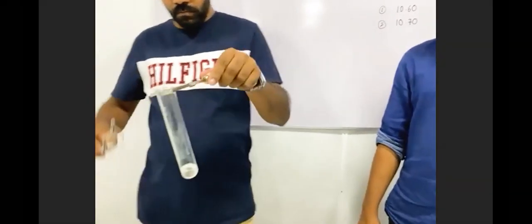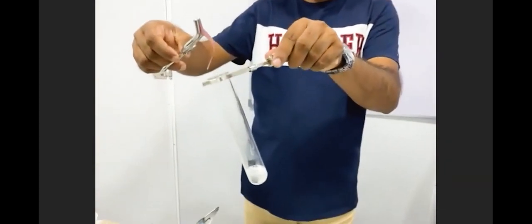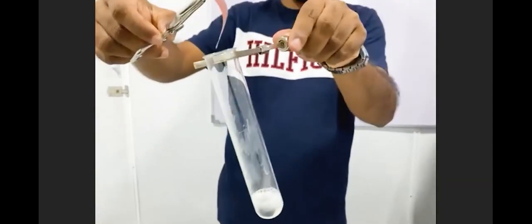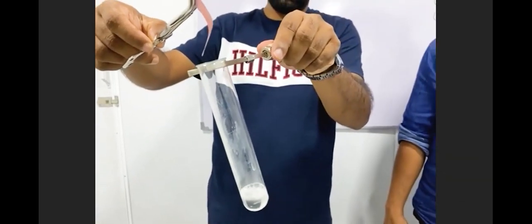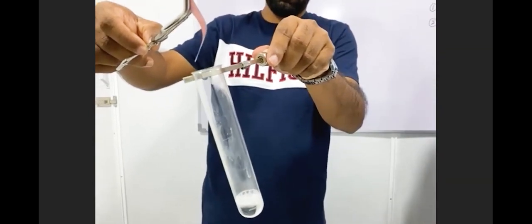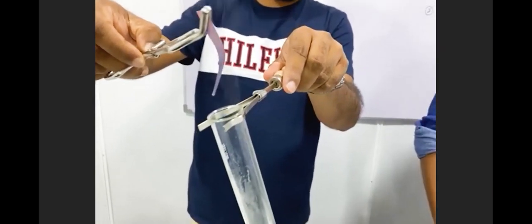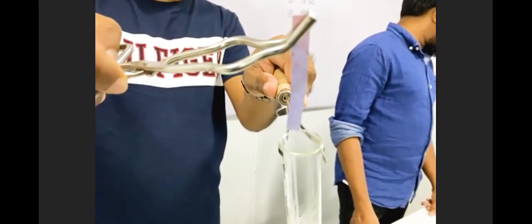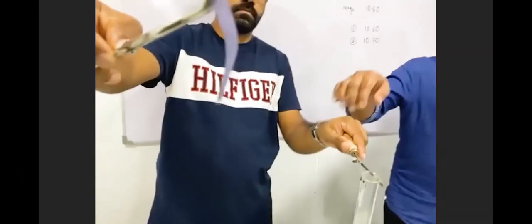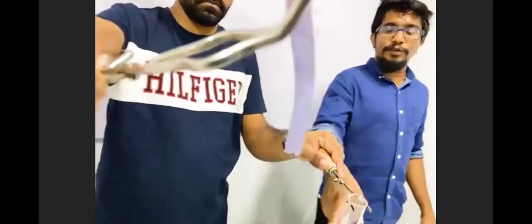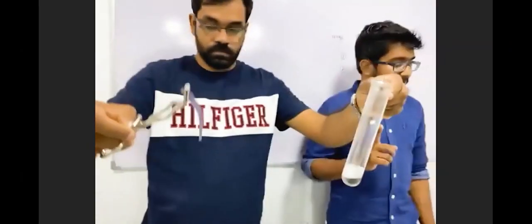You can see effervescence already given out, so you can test for the gas. Remember, in the anion list it says ammonia gas is given out, so you can see now the color is slowly changing. If you can show to that side, now you can see the color. Okay, you can note it down. The reaction is becoming really vigorous. If you can show the test tube as well. If you keep on heating now, the solution will definitely come out. So be careful when you do the test for nitrate and nitrite.